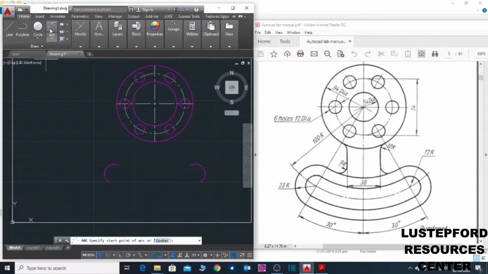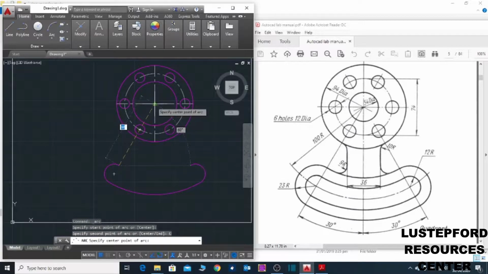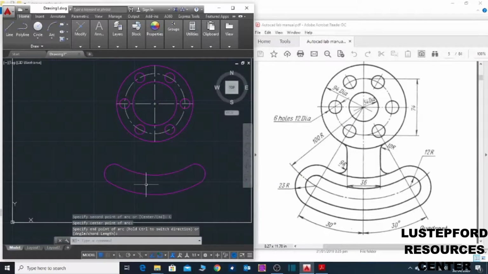I will say arc again. Specify start point, specify second point, enter. Select this point. There is no need repeating what I've just done. I will just start point, select the center, select this end. Then what I will do next is to